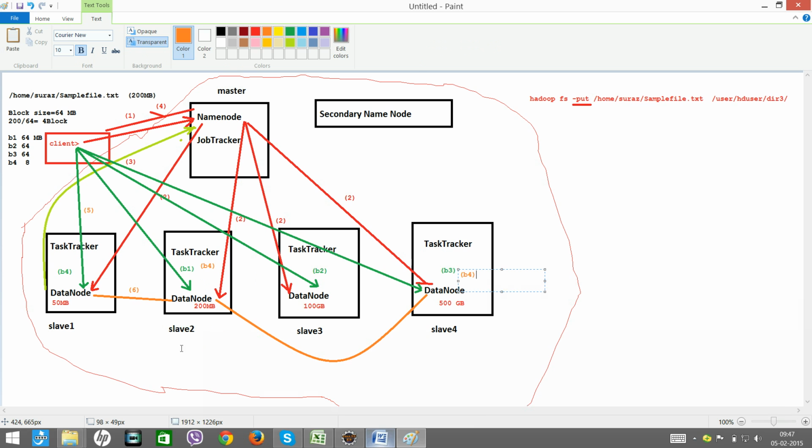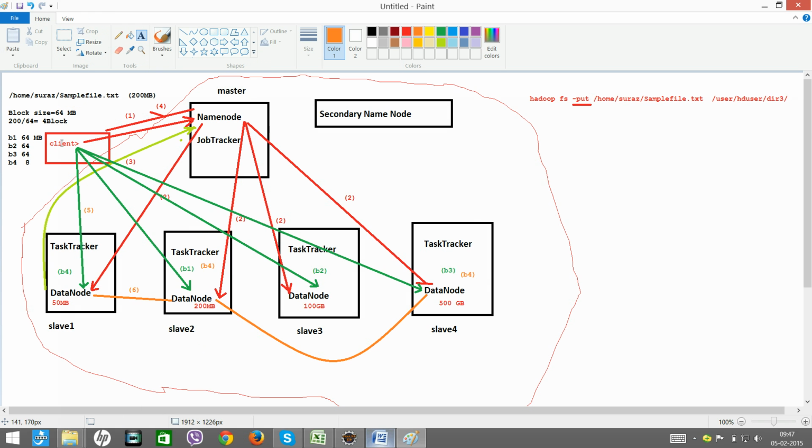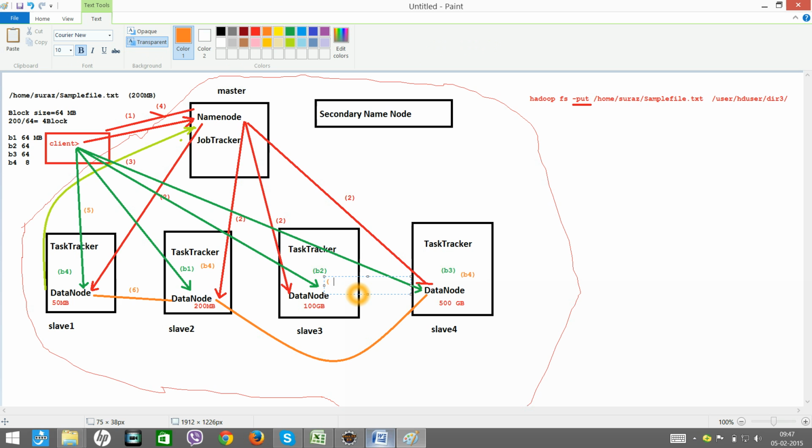Okay. Similarly, when the client sends the B1 block to this node, this data node will copy this B1 block here, as well as start copying it somewhere else. So B1 here, and B1 here also.